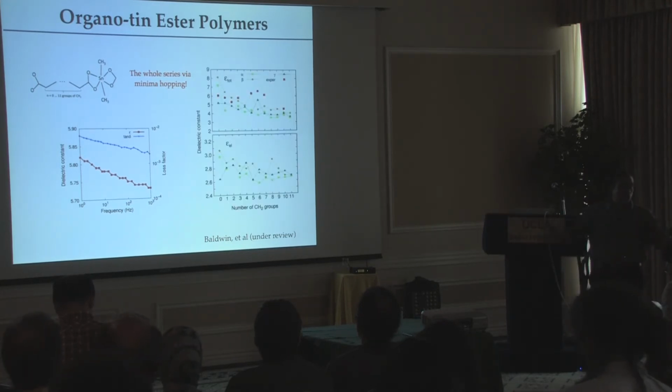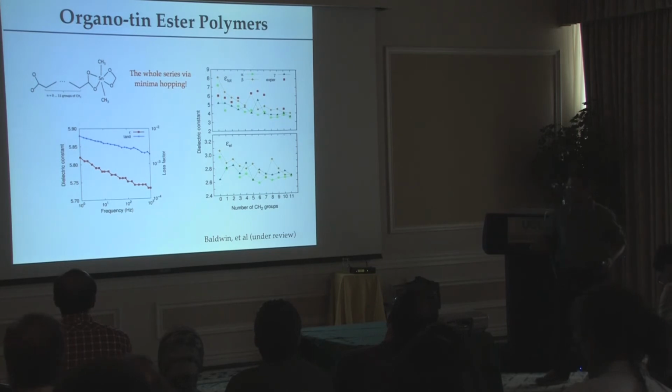Okay, so we use this minima hopping method to predict. We need to first predict structure because this is not a simple 1D strand anymore. It's kind of a network structure, and so we really needed to predict the structure first to be able to predict the properties next. So structure prediction using minima hopping, and what is plotted here is the dielectric constant as a function of the number of CH2 groups over here, and our results are over there, and the experimental values are in red. So there is some kind of agreement between experiment and theory,